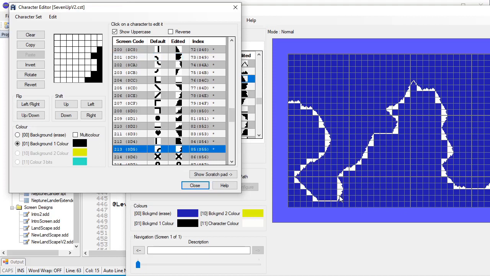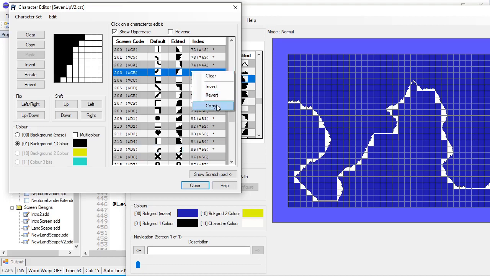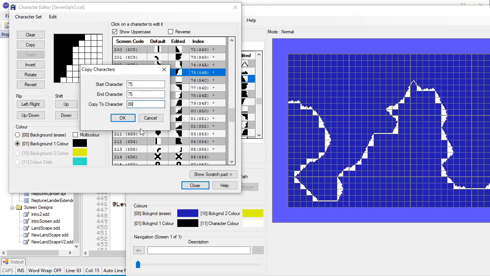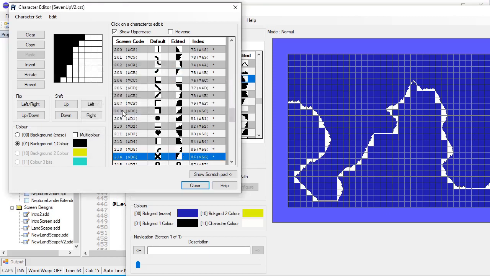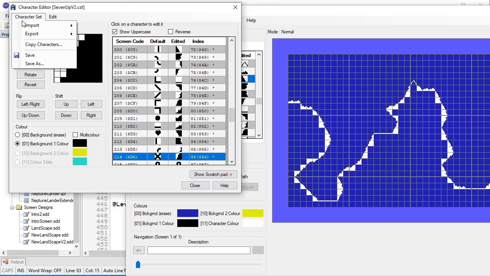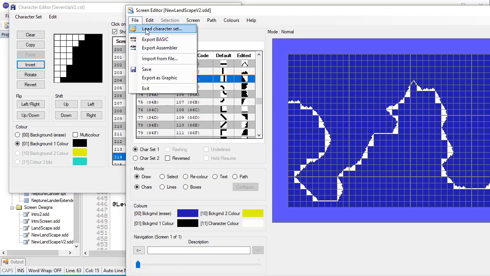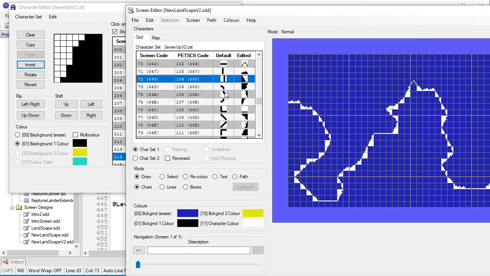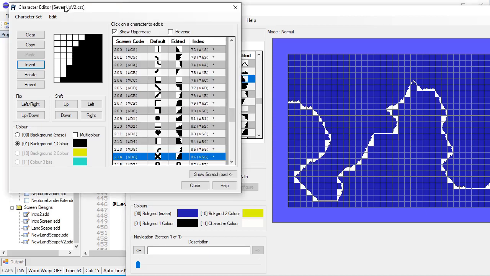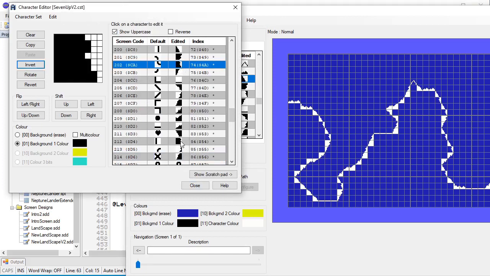So that's that one, and then we've got this one at the bottom here, which is this one here. So 86. Click on there, invert. On the very last character as well. Oh well, never mind. Right, let's load a character setting because I think I've blown these up. So what I'll do though, now I know that, we'll invert that one, and we'll invert